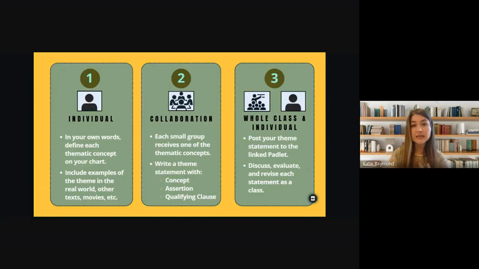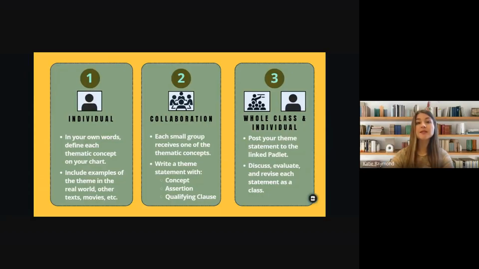Okay, it's not a critique. We're not trying to tear people down. We're looking at what people have done well, and we're helping each other out throughout the class. So we may revise a few things. We'll look at what's working. We'll talk through what could strengthen it. Remember, our goal with writing is always just to get better. It's not to be perfect. It's to get better. The takeaway from this is you will then evaluate on your own all of the different theme statements, and you're going to either choose the one you think is strongest for each concept or make more necessary revisions, copying these into your final document, which you'll upload individually.